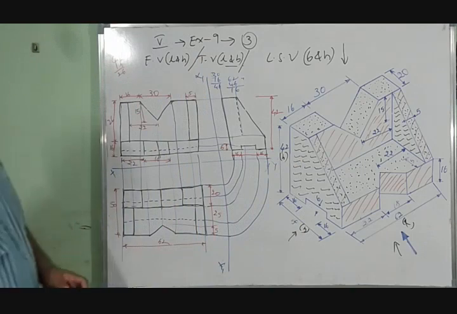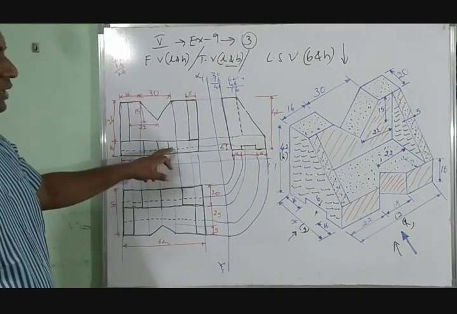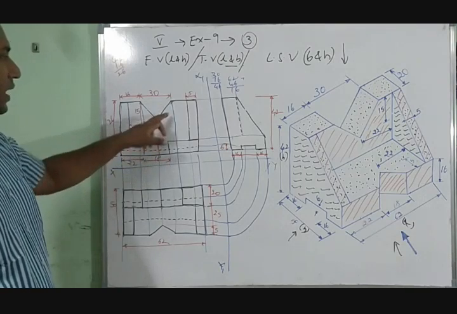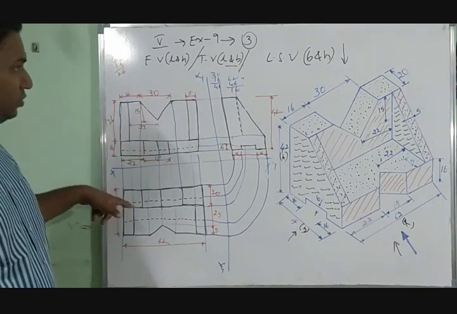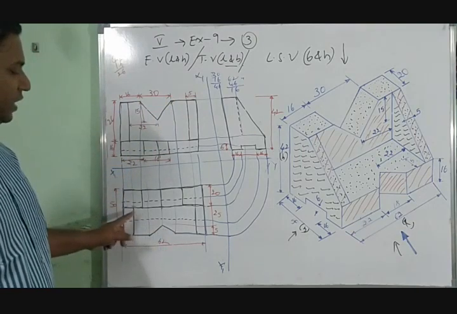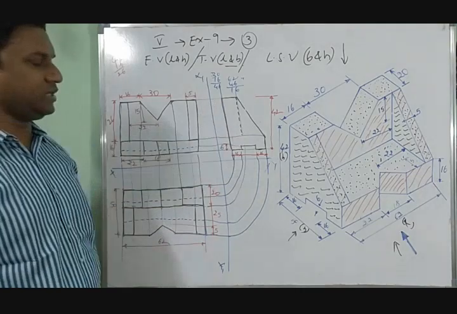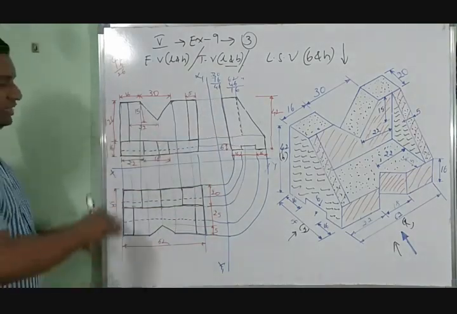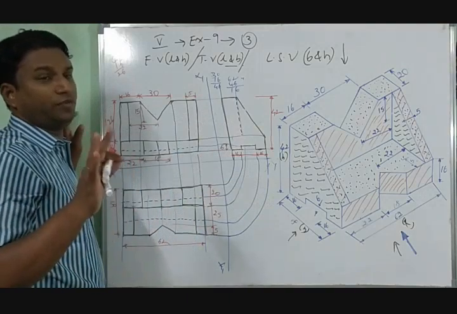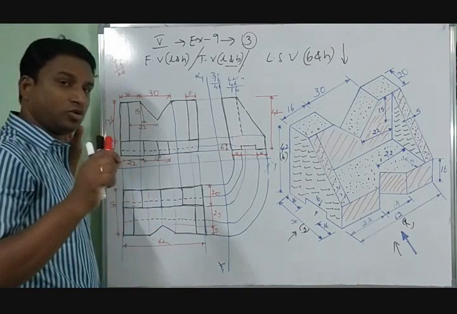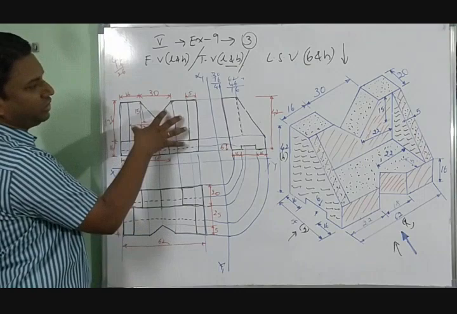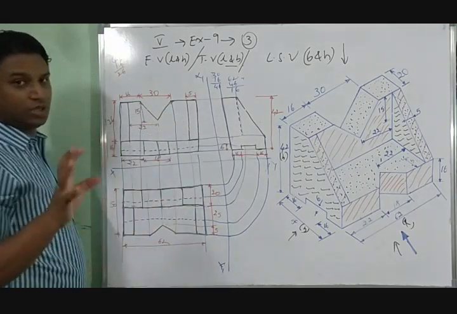Front view: rectangle with 3-4 intervals, right? And undercut triangle with vertical webs. Top view: same width 16 by 20, right? And the same undercut of 15 with 2 horizontal webs, and in the side view. See, all these lines will be very clumsy if you draw them in a thick manner. So try to draw them light, so that finally your answer, whatever you are seeing in black, those are the final answers.